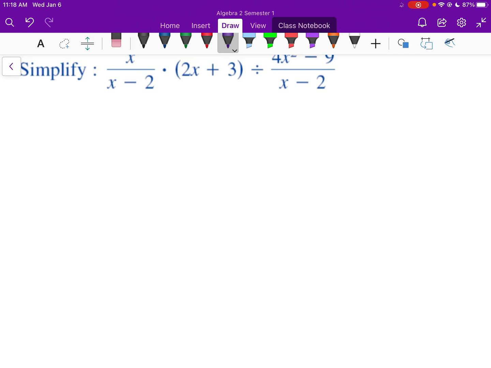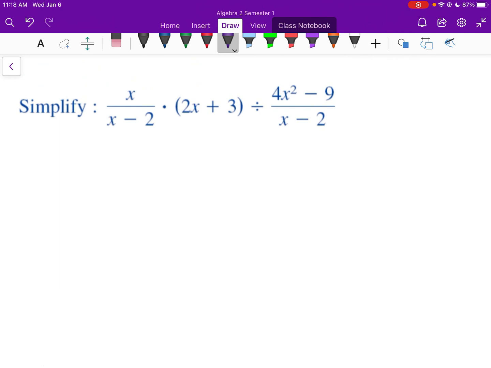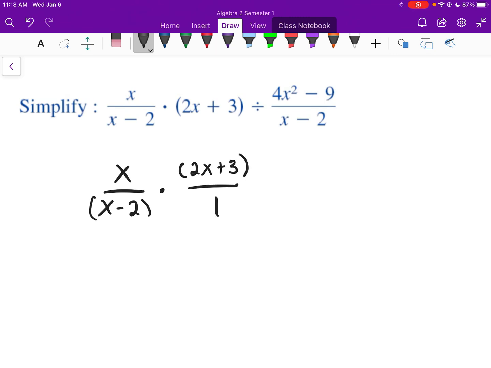Last one here. Okay, we're going to combine some operations now. Now again, first thing, always factor. Okay, there's nothing to factor with the x, nothing to factor with the x minus 2. And what I would do, anytime you have an expression like that, write it in parentheses, times 2x plus 3, nothing to simplify there, or factor there, I mean. And I'm going to write that as over 1,